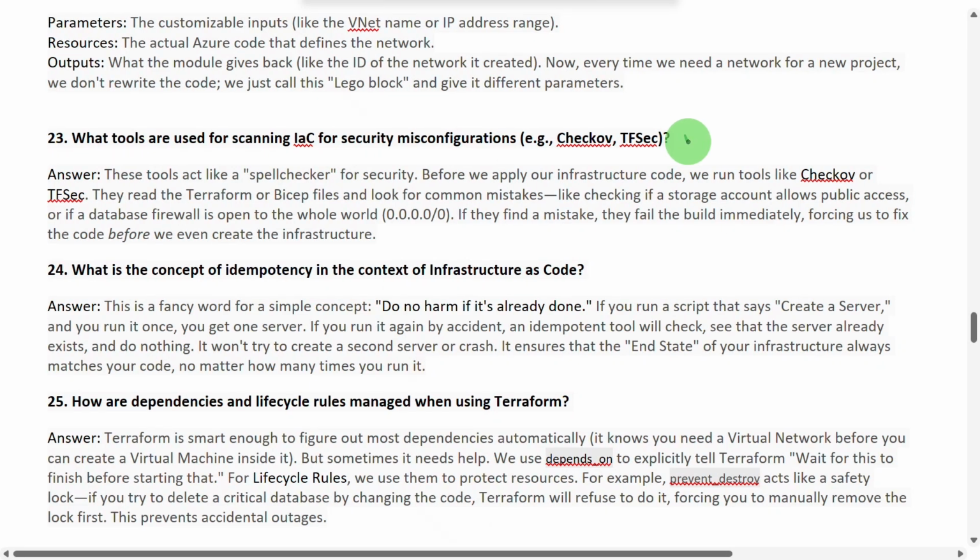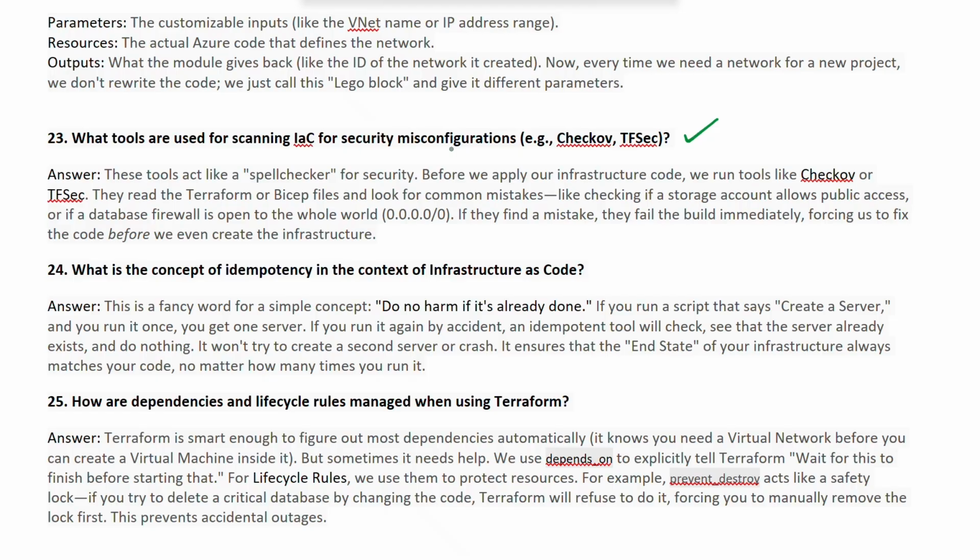And moving further, what tools are used for scanning the IaC for security misconfigurations? The tools like Checkov, TFSec, like that. These tools basically act like a spell checker for the IaC code. So before we apply our infrastructure code, we run these particular tools like Checkov, TFSec, Trivy.